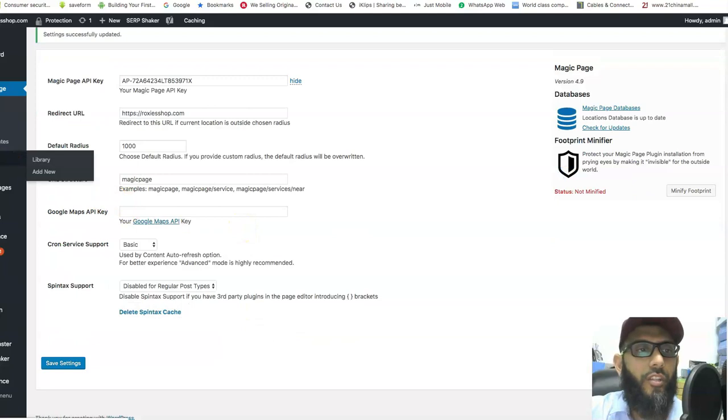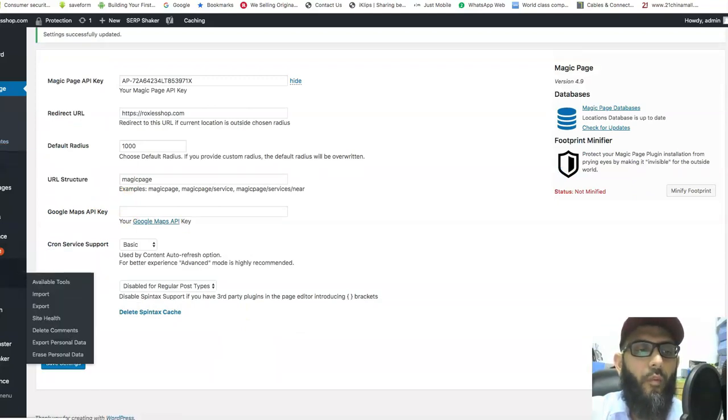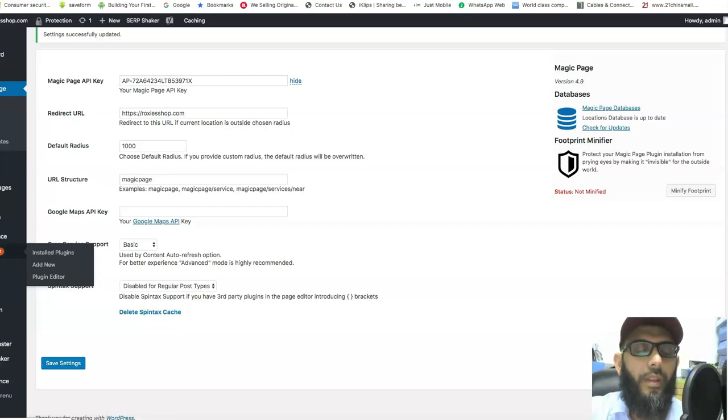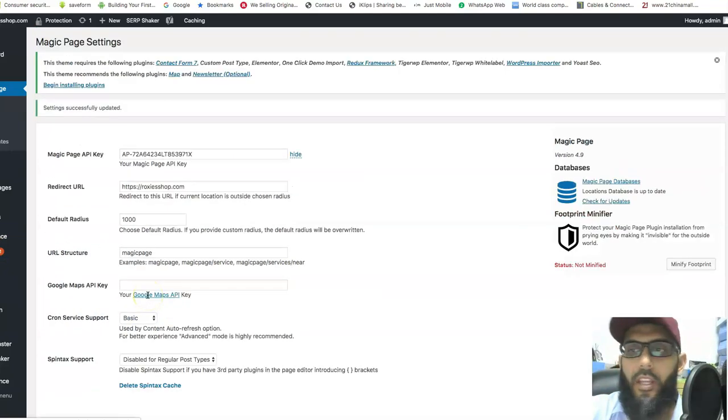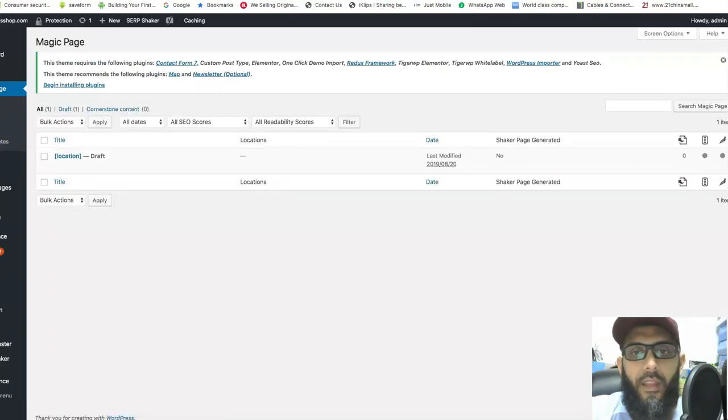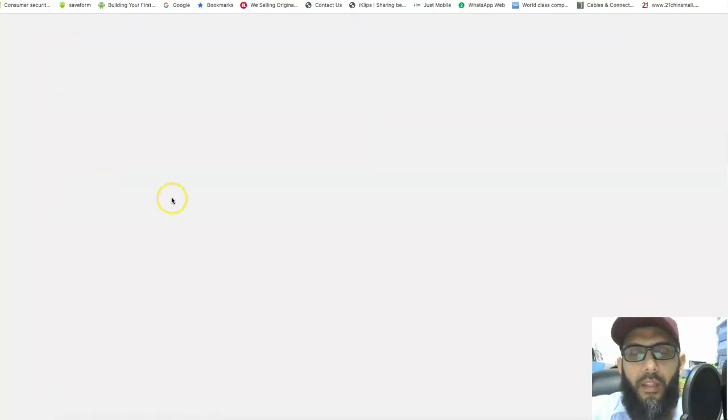Once you do it, you can just go and start. I think there's no Elementor in my setup. Once after this, you just need to press Elementor and then start building the page. That's the basic idea of it. Once you build the page, you can see this. I'll just show you what it looks like. Just go to basic magic page. I was just playing with this since I don't have Elementor in this PC. I'll just show you what it is.